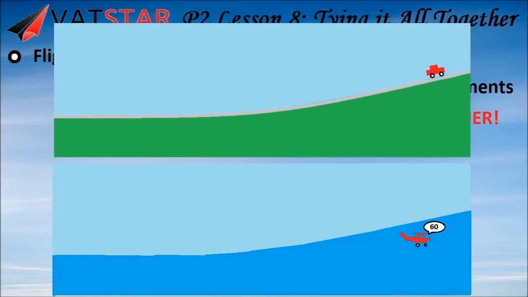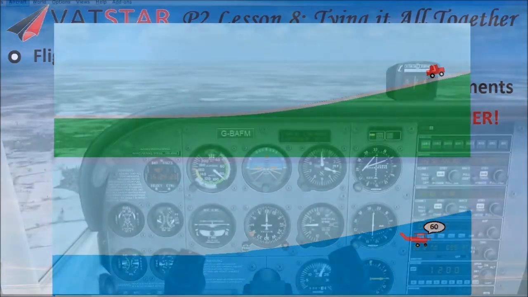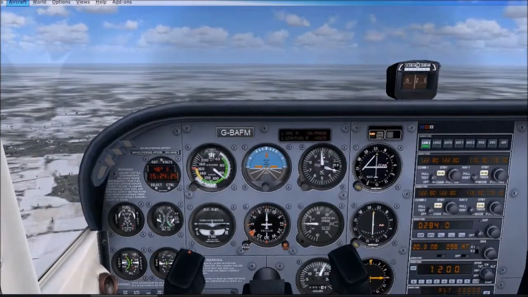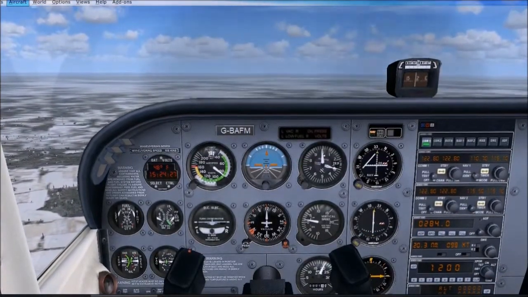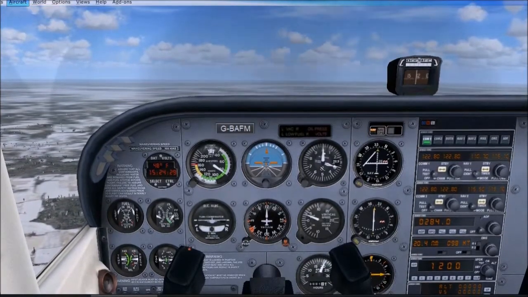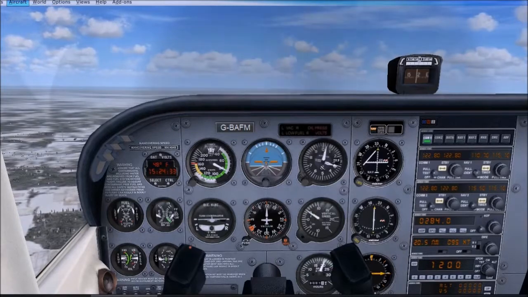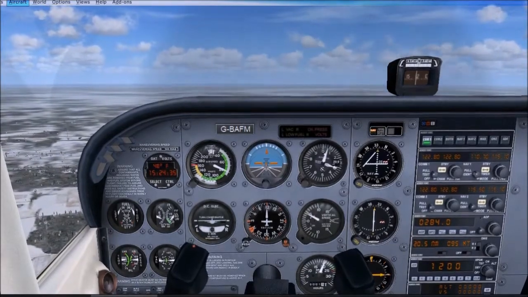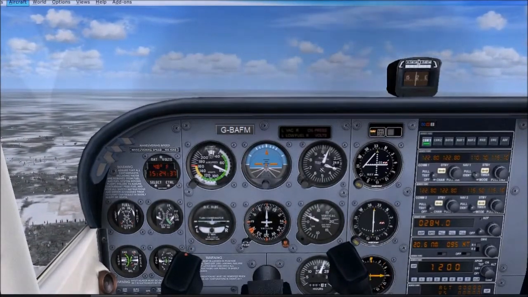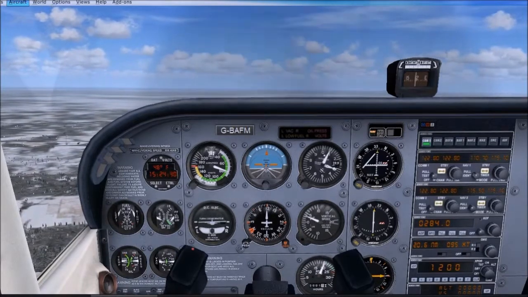Let's see what this looks like from the cockpit instead of in my stick figure drawings. We're cruising along here at 3,000 feet and 90 knots, and we're more or less nose level pitch-wise. Now, we want to climb to 4,000, so we pitch the nose up about 10 degrees, but we don't touch the throttle. You can see that I started to climb a little, initially at about 500 feet per minute, but